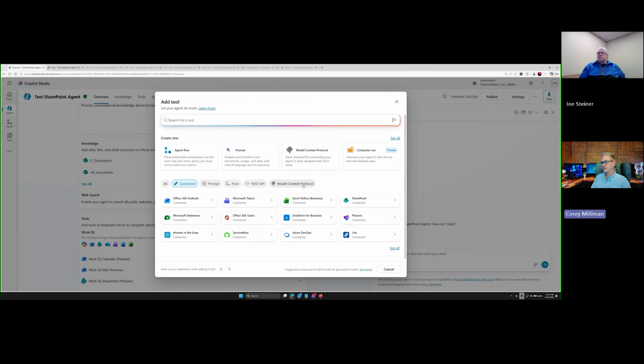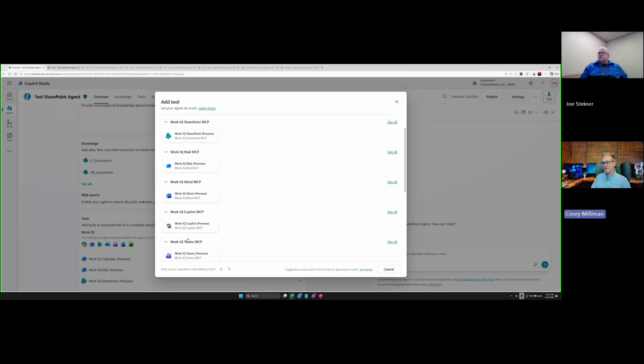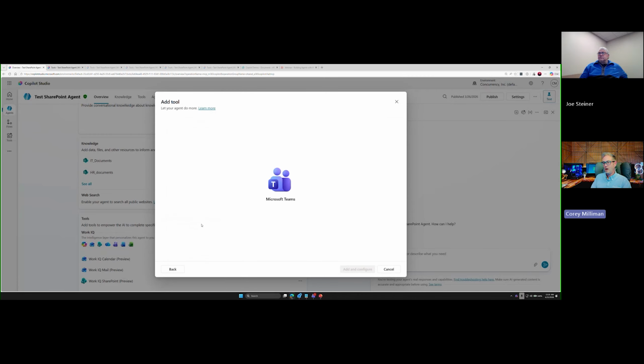But now with MCP, we're going to click this button here, and I'm going to do a search for IQ. And we're going to get a list of all the Work IQ ones that are out there. So we have Work IQ for SharePoint. We're going to go through all of these and look at the different things that we can do with these. I'm going to go ahead and add Work IQ for Copilot. And any of these that you select,